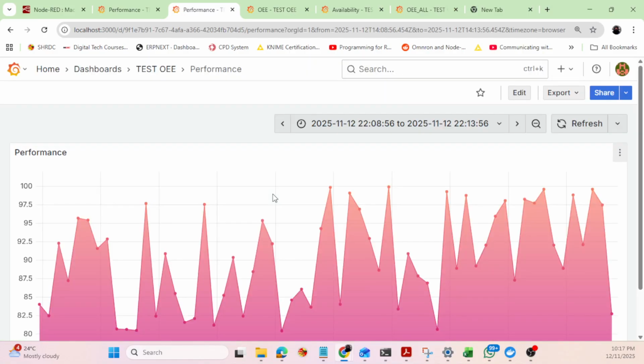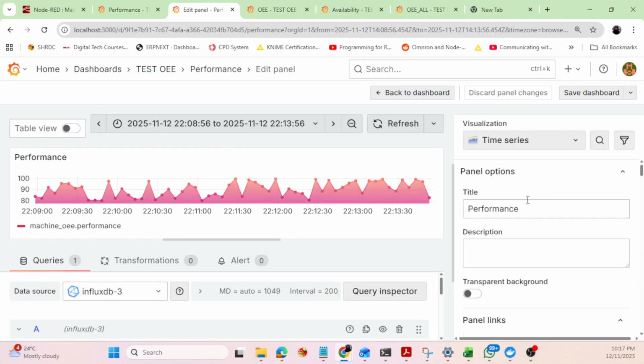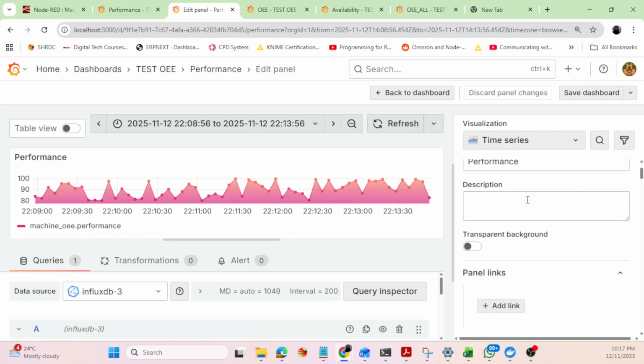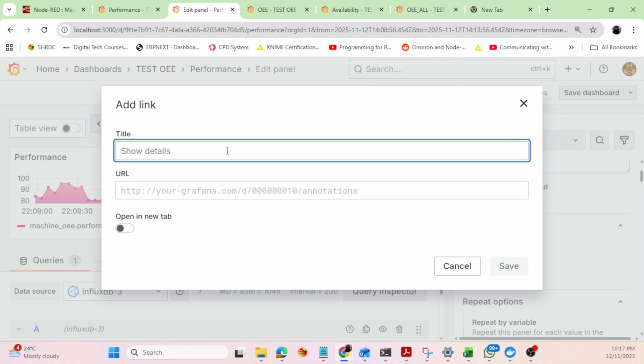So if I click at the performance, it will bring me to my performance historical chart. Okay, what if I want to go back to my main chart just now? And you can go to these three links, edit, and for example, for this example, I'm going to use the panel link so that you can see the difference between panel link and also data link, right? So if I add link here, title, let's say main chart,